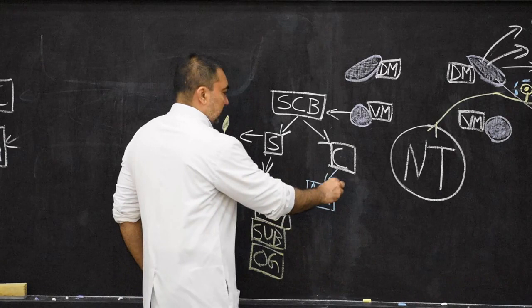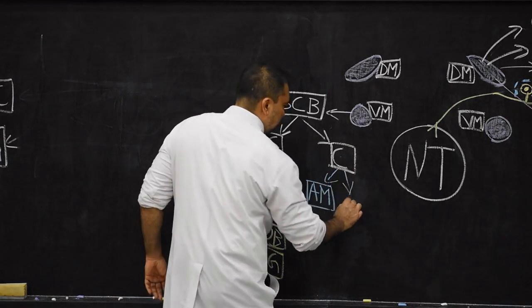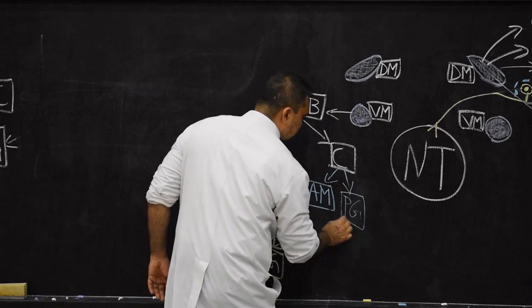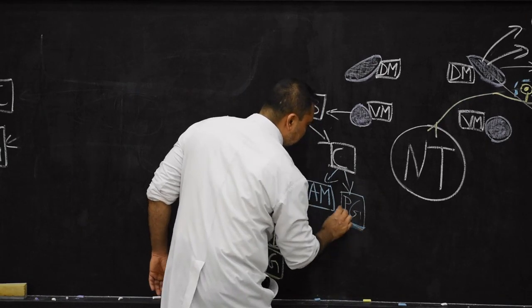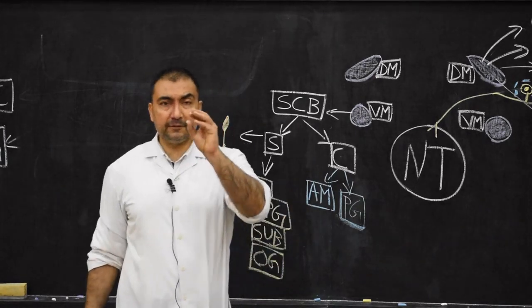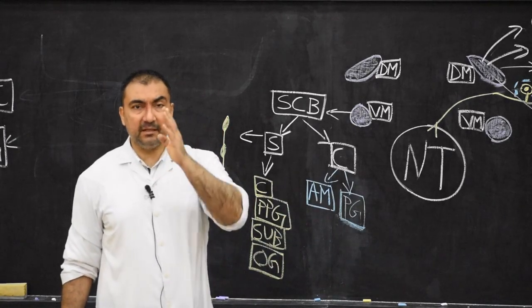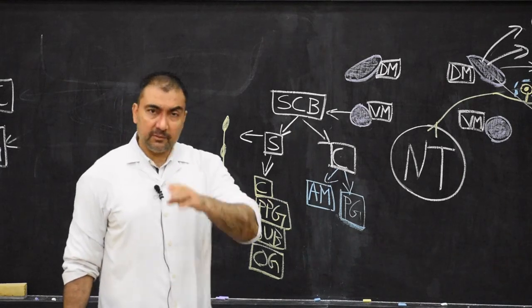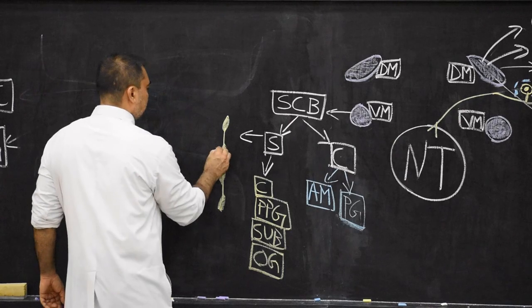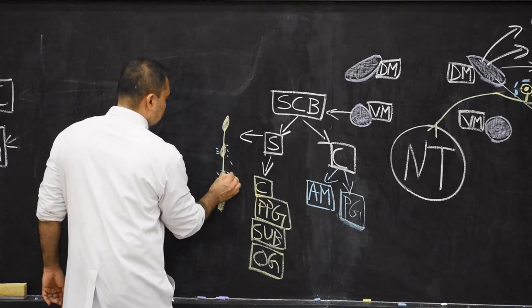Number 2, they will develop into paraganglia. And what are these paraganglia? The paraganglia are those structures which are present in the form of small collections of cells around the sympathetic chain. Around the sympathetic chain, which we have drawn here, there will be collections of various cells, and these cells will be known as paraganglia.